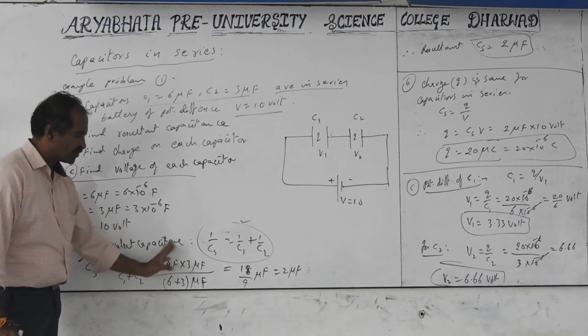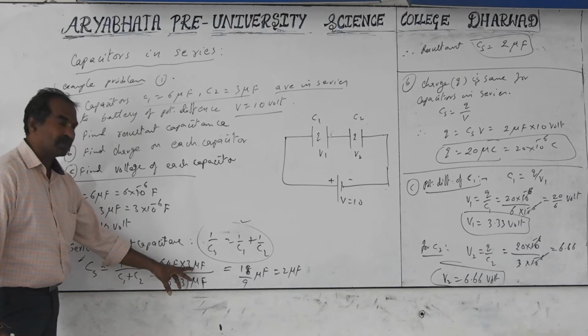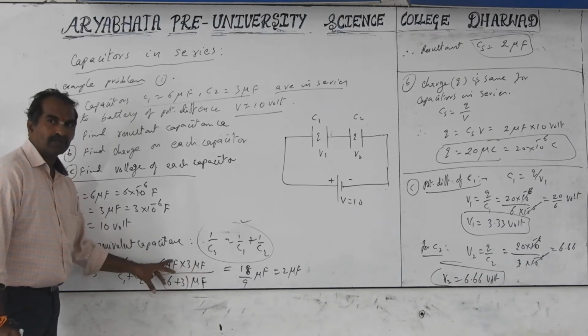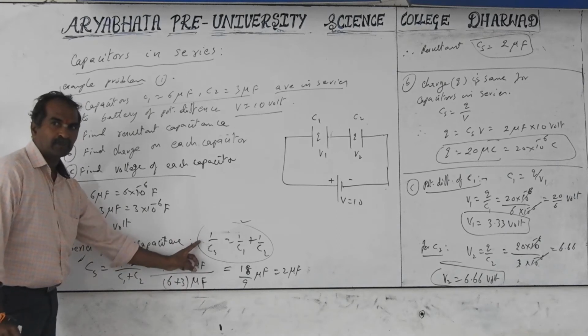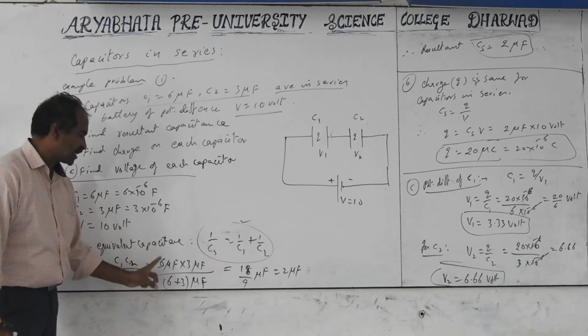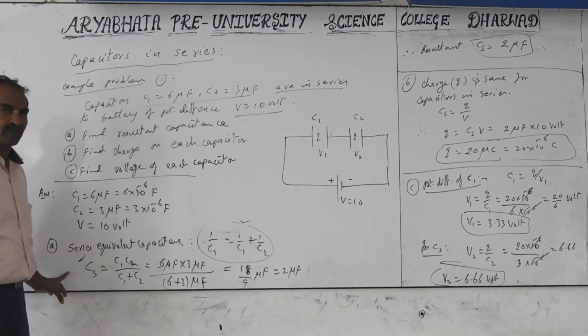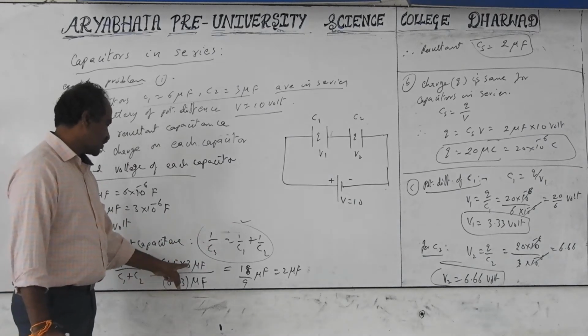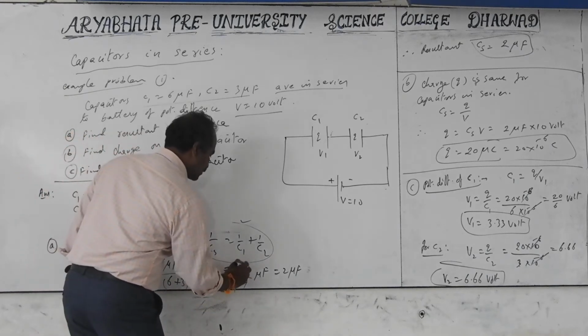No need to write microfarad also. You can take it out common in the numerator and the denominator. Here the 10 to the power minus 6 appears in both, so they cancel. Directly we can take the relation as 6 into 3 by 6 plus 3, with units of capacitance in microfarad. 6 into 3 is 18, 6 plus 3 is 9, and 18 by 9 is equal to 2.